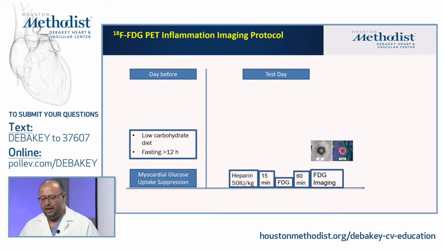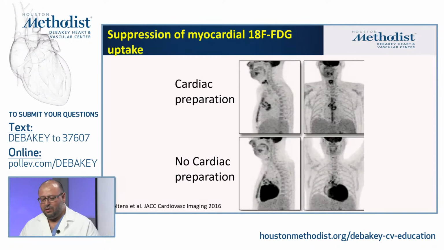We're hoping that we have suppressed the myocardium well enough, so what we are seeing around the aortic valve is not related to myocardial uptake, but is truly the infectious cells that are sitting around the area we are looking at. And here's one case where you can see if we prepare the patient well, there is no uptake by the myocardium, which makes our job much easier to assess for endocarditis, while if there is significant cardiac uptake, it becomes more difficult really to be certain about the FDG uptake around the valve and make sure